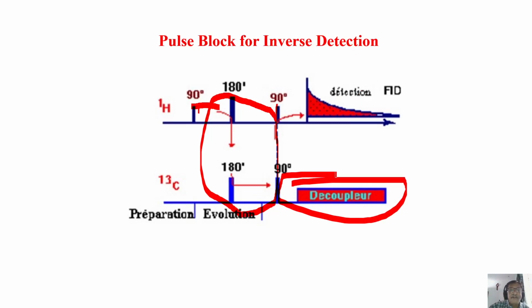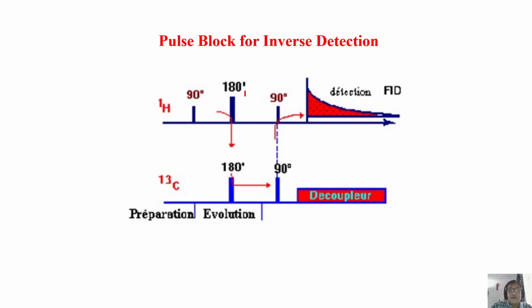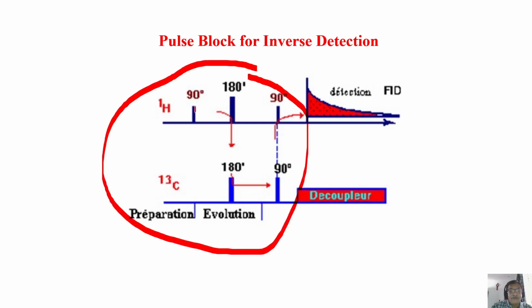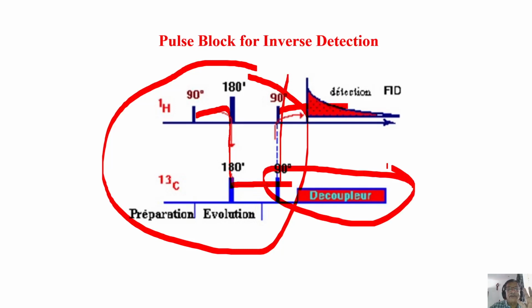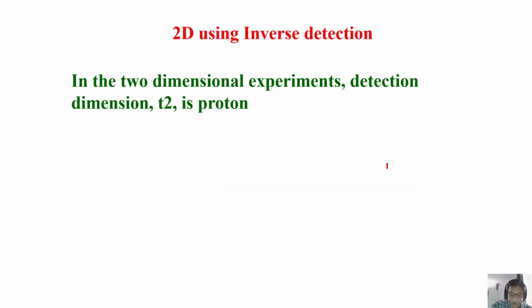Now we can do the reverse. This is the inverse pulse sequence for most of the inverse experiments. This block remains the same. Take the magnetization from proton to carbon, and how it works, we already discussed in the heteronuclear section, how the INEPT works, everything. Vector diagram we understood, so I don't want to go into the details. I hope you are all with me. So 90 degree to 180, then transfer the magnetization to carbon, bring it back to proton, and detect the proton while doing decoupling. This is the simplest pulse sequence used in inverse detection.